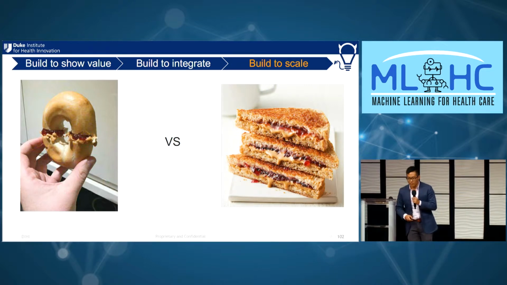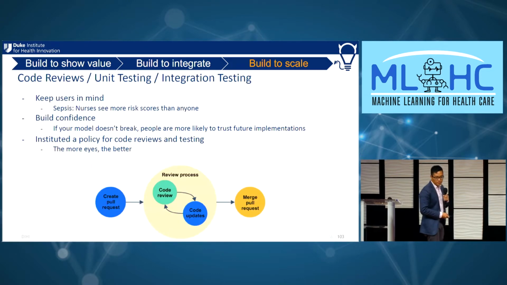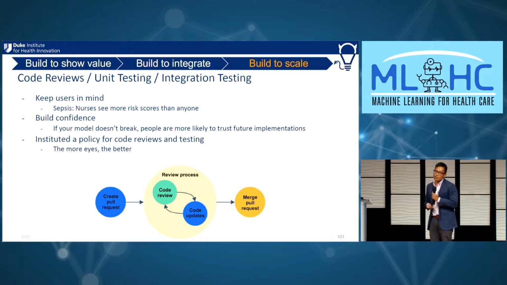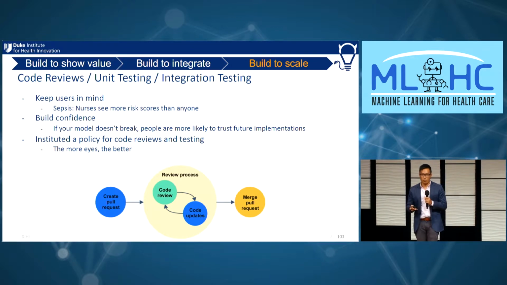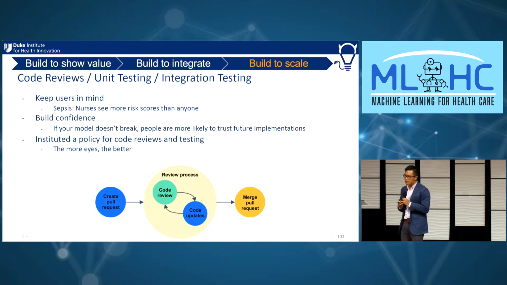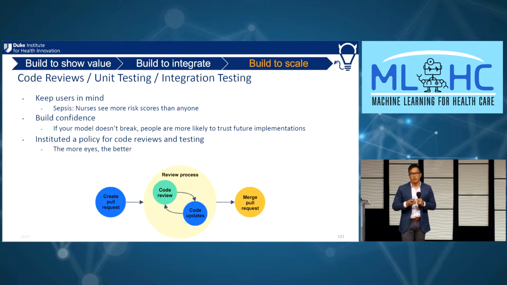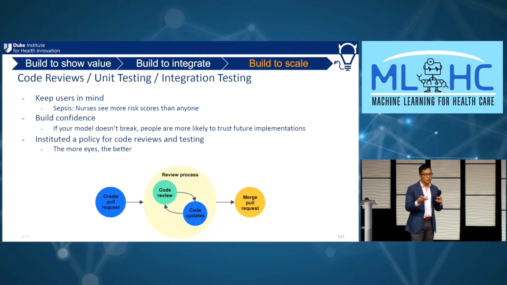What we'd like to serve is something like the one on the right. So what we've done is we instituted a policy for code review to make sure that all the code that we run in production is unit tested, and we run integration tests. And really the main focus of this is that the nurses are the people who are actually consuming the model